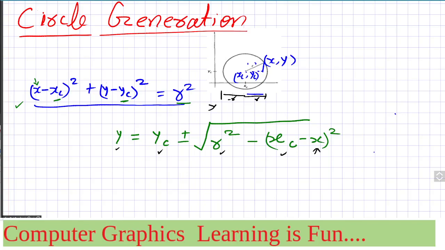So from xc minus r to xc plus r, between these positions, if you increment x by a constant unit, maybe 1 unit, and for each pixel keep finding the value of y,